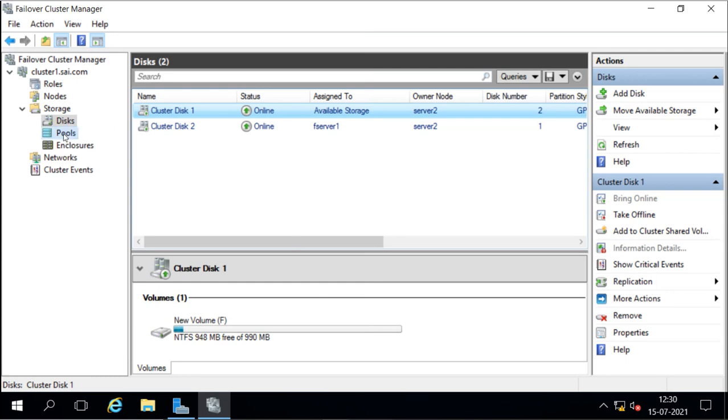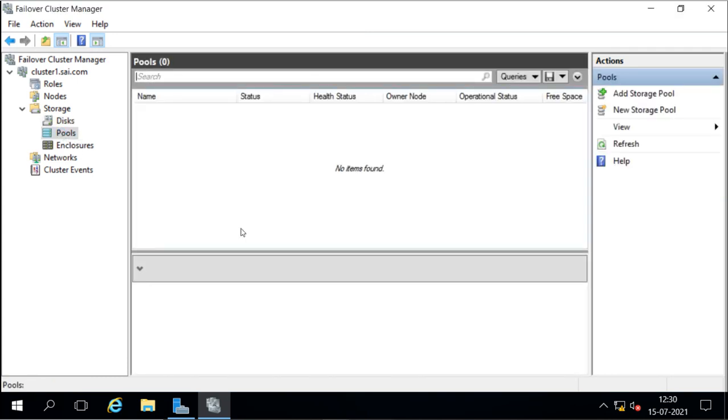Then we can create the storage pool also. A storage pool is like the storage pool we create in Windows Server; we can create it directly here also. If we have cluster-aware storage, like multiple shared disks available, then we can combine those disks here and create the pool.